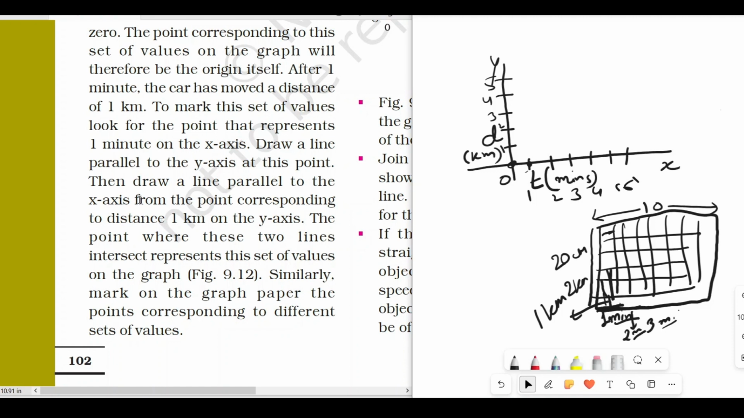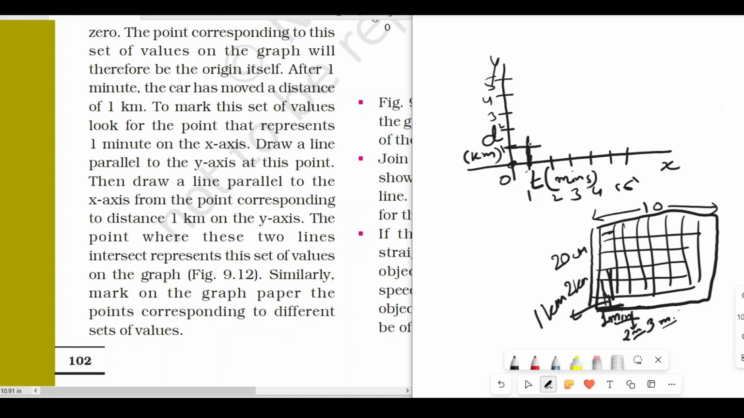Then draw a line parallel to the x-axis. Draw a line parallel to the y-axis at this point. तो इस point में हम एक line draw करेंगे which is parallel to the y-axis. मान लीजिए ये हमने एक parallel line draw कर दी, okay, which is parallel to the y-axis. Then draw a line parallel to the x-axis from the point corresponding to distance 1 kilometer y-axis. तो हमने ये देखा था कि एक मिनट में कितना डिस्टेंस कार गई थी? 1 किलोमीटर। तो हम 1 किलोमीटर पे आते हैं और एक्स एक्सिस के पैरेलल एक लाइन ड्रॉ कर देते हैं।